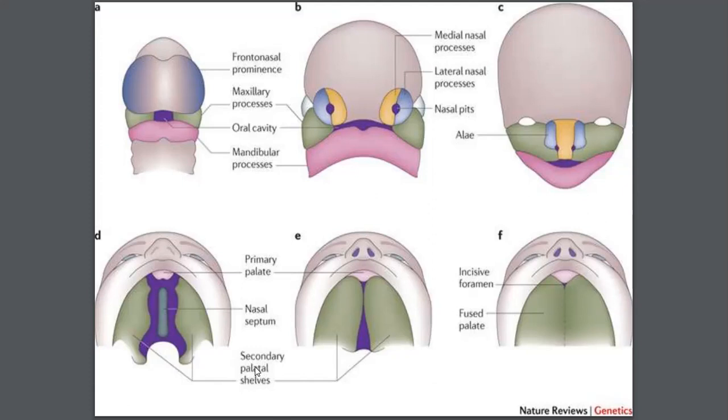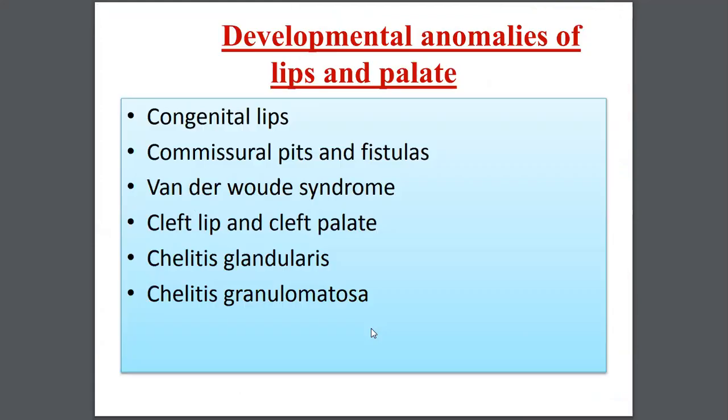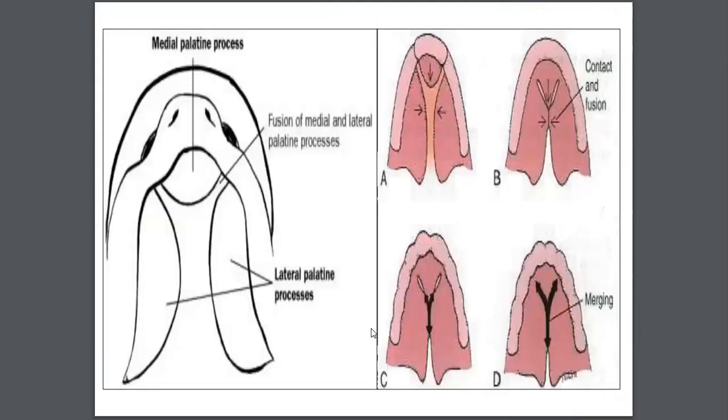This area is giving rise to the secondary palate. So the anterior area where we have incisor teeth, that particular area is the primary palate, and this area posterolaterally, we have secondary palatal shelves, and they are fusing. The secondary palatal shelves are finally fusing in the midline, okay, and the whole palate is formed. At the junction of the secondary palate and the primary palate, which is seen anteriorly, you are finding a foramen, which you call the incisive foramen. So you should keep this picture in mind in order to understand what is happening.